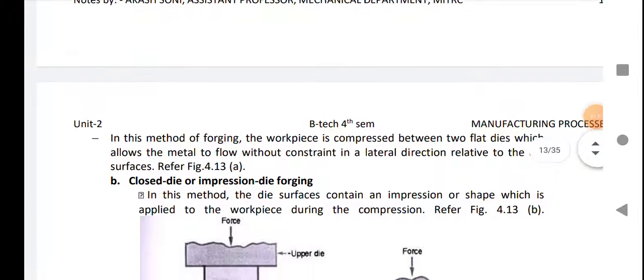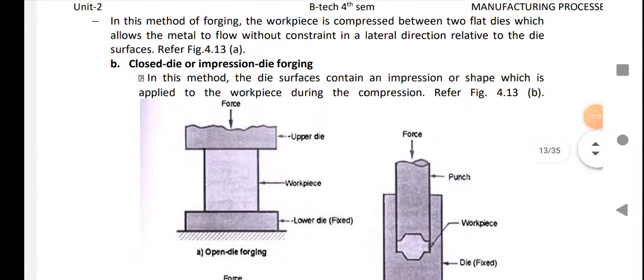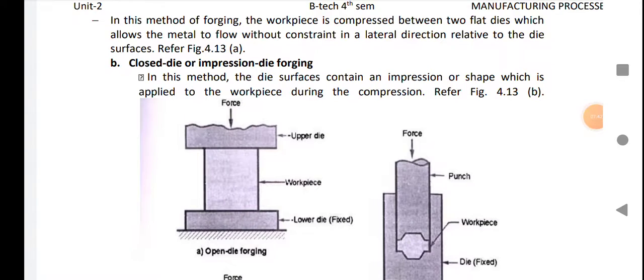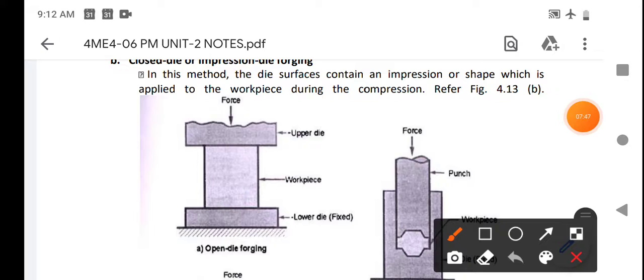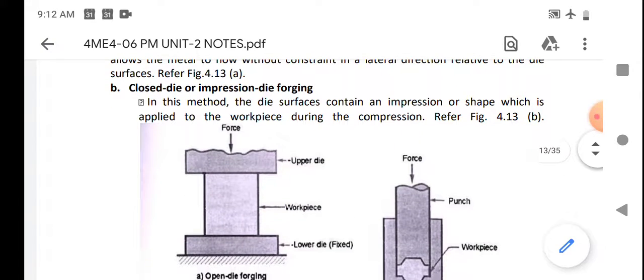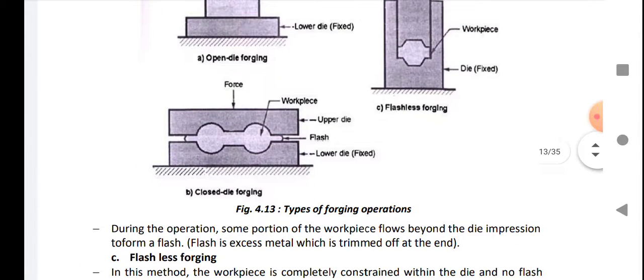According to the degree to which the flow of the workpiece is constrained by the dies: in open die forging, there is no restriction on the metal to plastically flow. As you see in that figure, there is no constraint. Only an upper die and a lower die, where the upper die applies a force and the metal is plastically deformed in any direction along the flat surface. But in closed die or impression die forging,